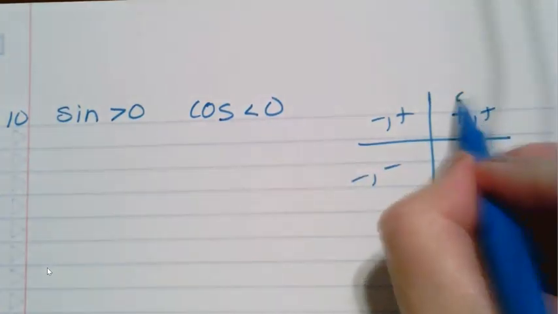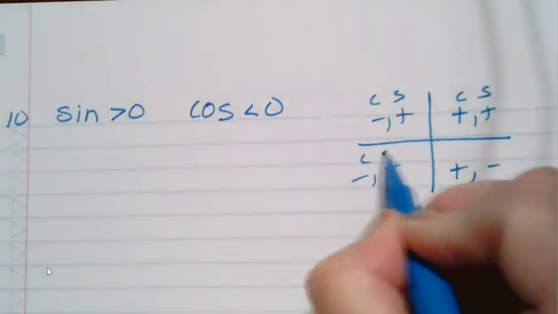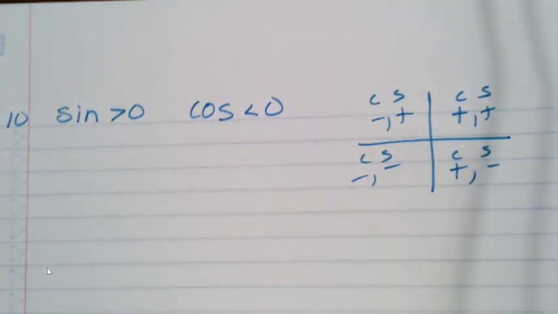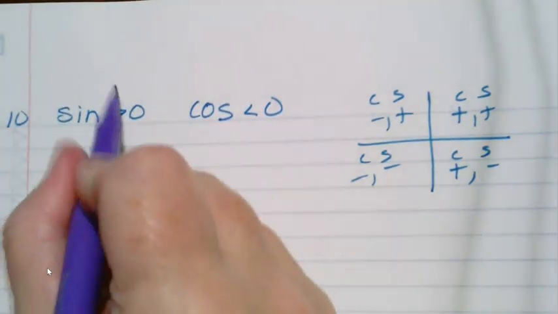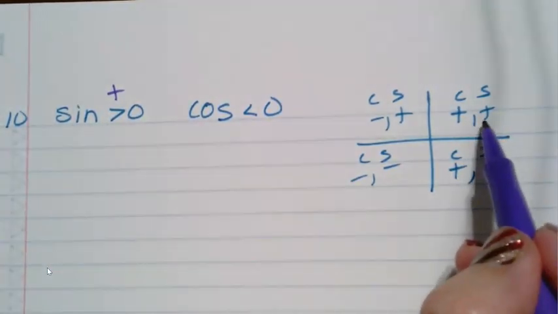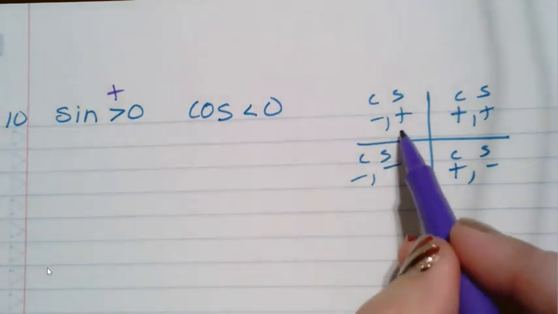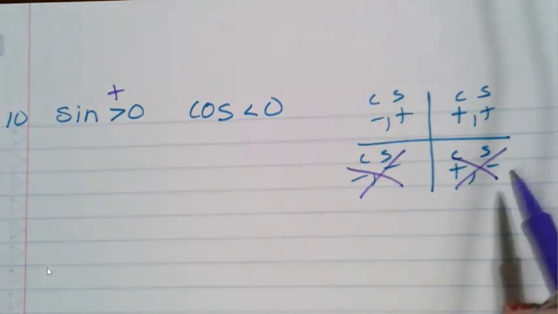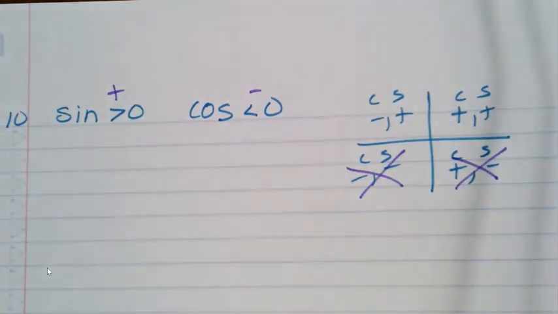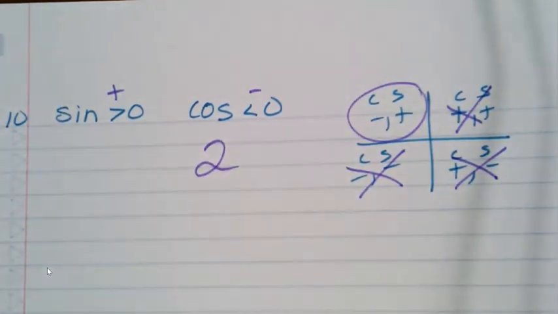Remember cosine, sine, cosine, sine. Okay, so this is saying sine is positive. So sine is positive here in quadrant 1 and quadrant 2. Cosine is negative, not in quadrant 1, but here in quadrant 2. Okay,